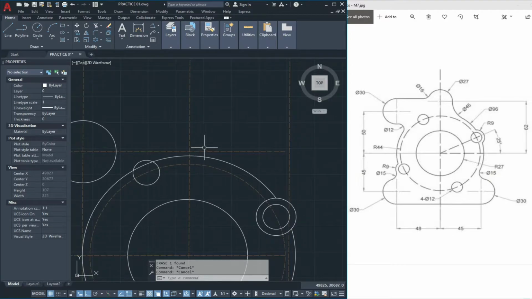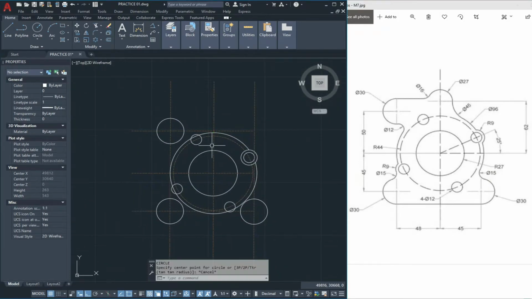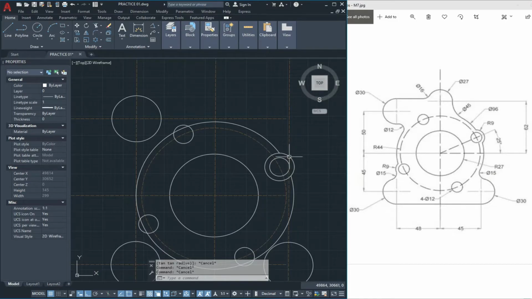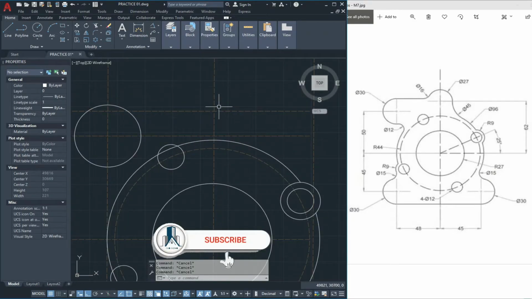Now we draw a circle here with a diameter of 27 units. First we make the offset of 62 units. Now we draw a circle with the diameter of 27 units.